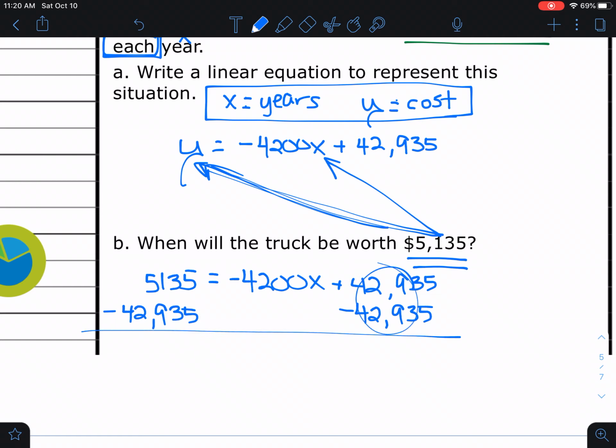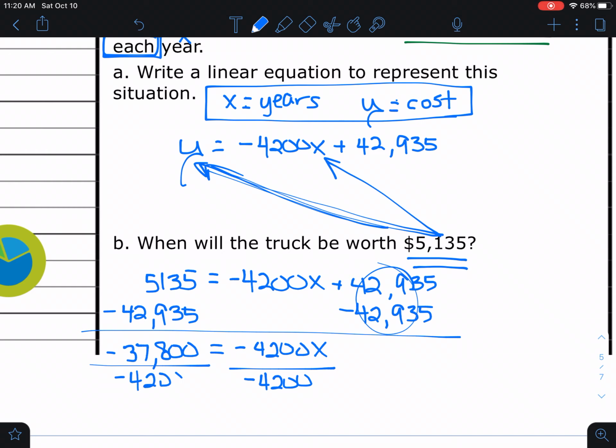Okay, these cancel out. You break out your calculator to do this right here, and we end up with negative 37,800 equals negative 4,200x. And then my last step would be divide by negative 4,200. Okay, if we do that, we get